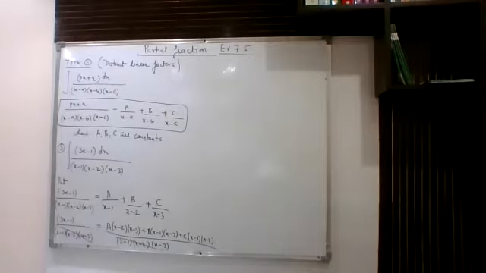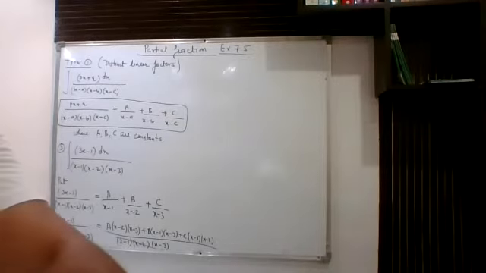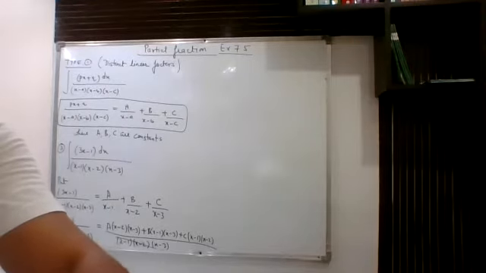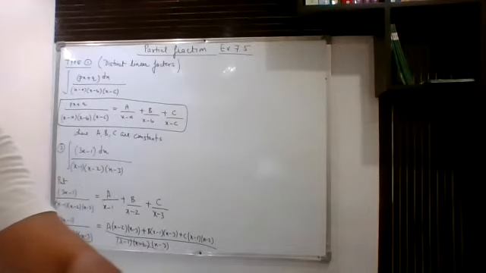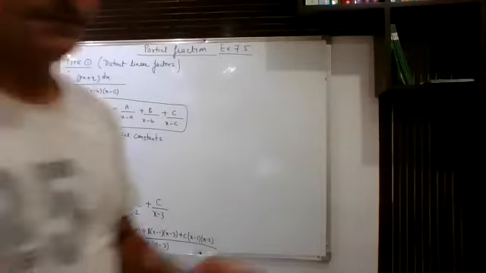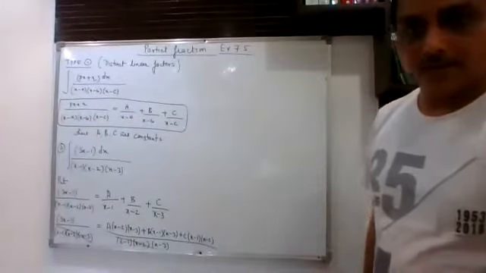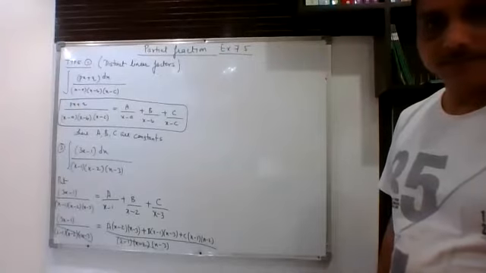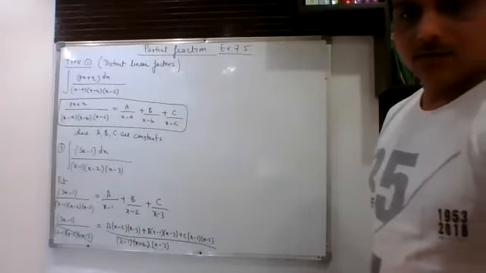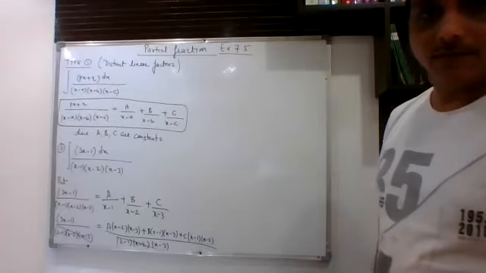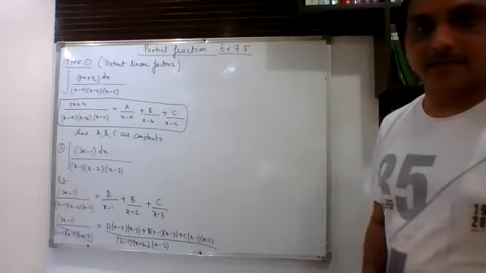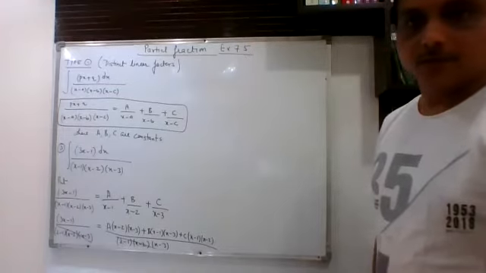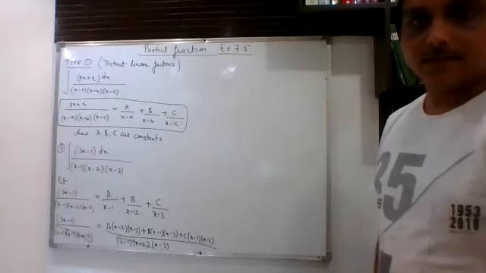Now we want to get the value of capital A, B, C. Somehow we want to get the values, so in order to get them, we have to just compare the coefficients. Now how to compare the coefficients, that we have to see. You will write comparing the coefficient of x square, x and constant. If you compare these coefficients, then you will get this.